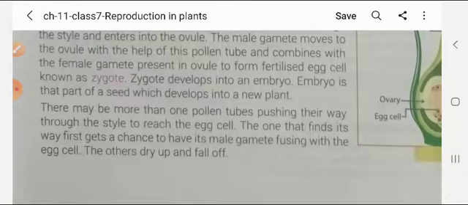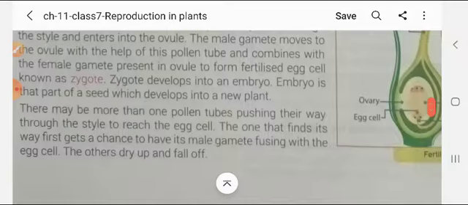There may be more than one pollen tube pushing their way through the style to reach the egg cells. Students, the pollen tube through which the pollen grain reaches the ovum might not be only one; in some cases there may be more than one. The one that finds its way first gets the chance to have its male gamete fuse with the egg cells. So the first priority goes to the one that